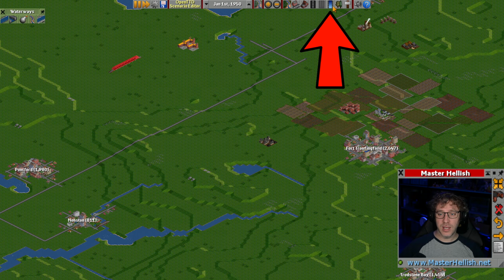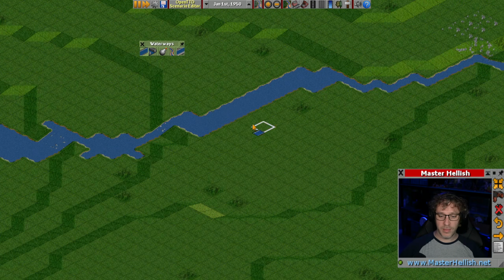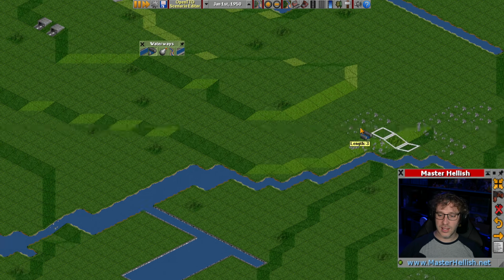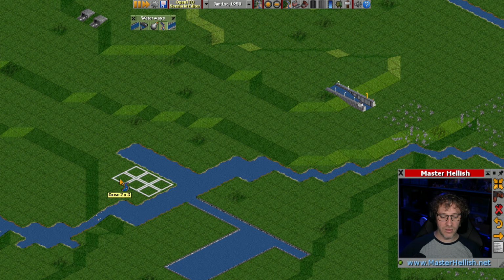But what you can do is work on the waterways. Again, waterways are shared between companies the same as roads. So if we come in here, we can add some extra canal onto the existing rivers that were generated by the land generation. You can see like this. We've got a nice bit of canal in there. We can even add some of these things. I forgot what they're called off the top of my head. Locks, that's it. We can even add some locks,